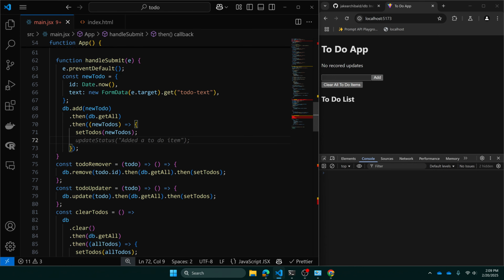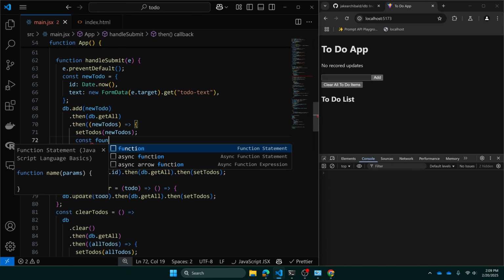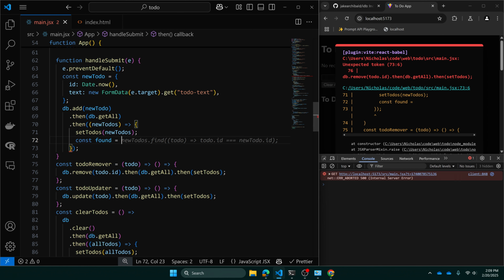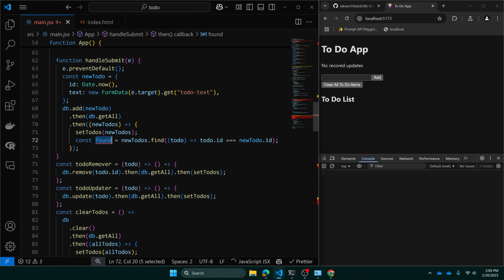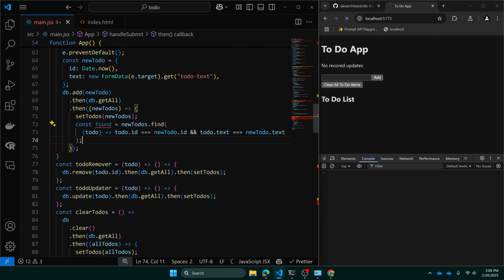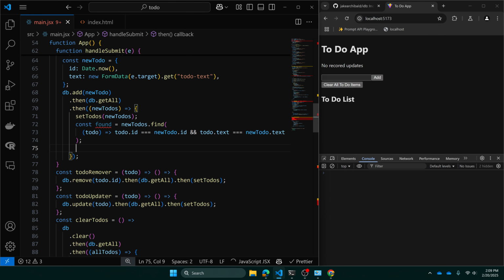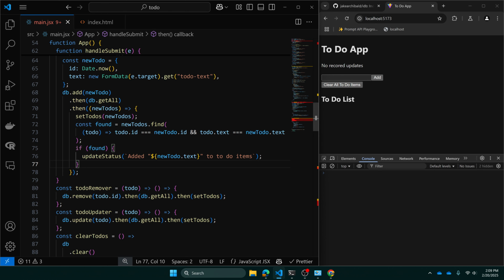Basically we want to see if const found equals new to-dos dot find to-do. Can we find a to-do with the ID and, let's say, the text is the same as well? And then if that is found successfully, meaning we added it as we desired, then we can update the status. We could add the to-do text, but this could get really long if the text is really large, so we could just say added a to-do item, added a to-do,